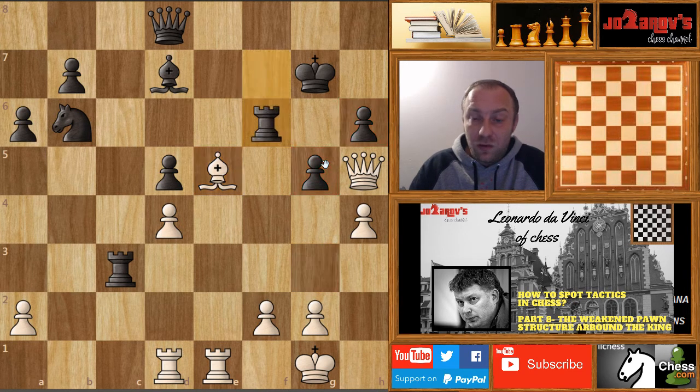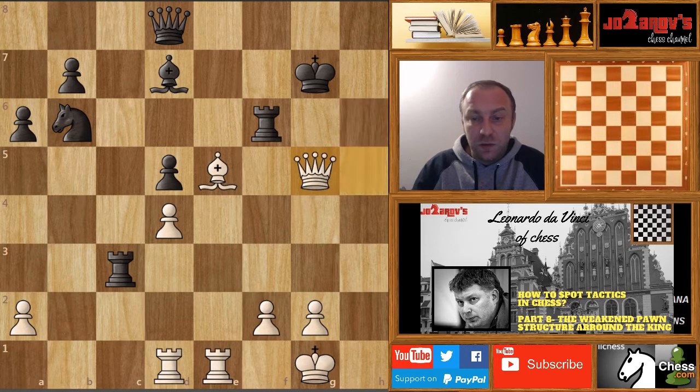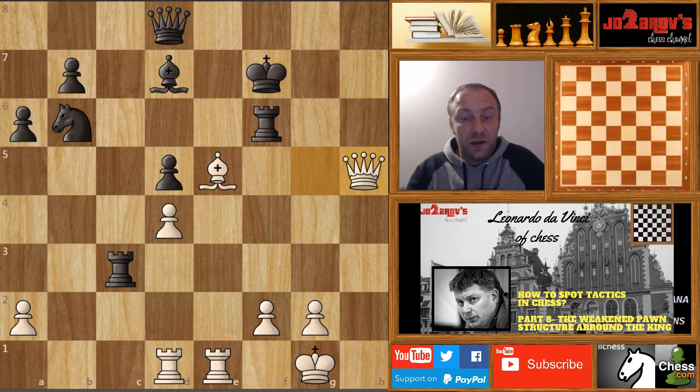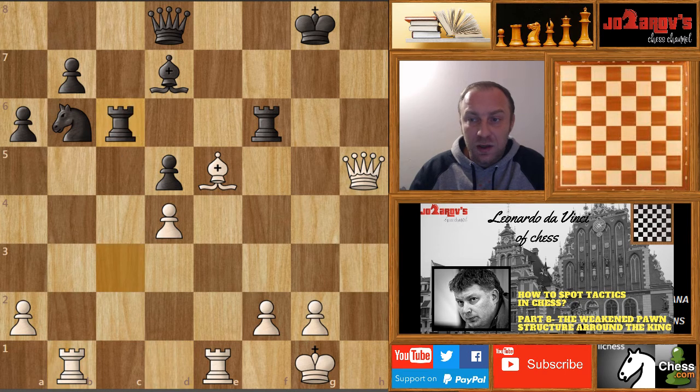So here rook on f6 has to be played, but now we have h takes g5, queen takes g5, king on f7, and now queen on h5, again attacking the king. The king has to move, and now rook on b1, rook on c6. The rook is trying to defend here, but now rook on b3, and in this position it's basically game over